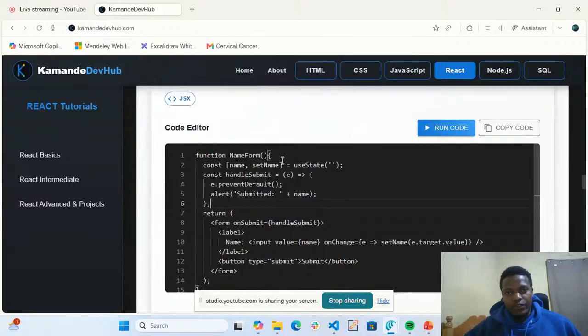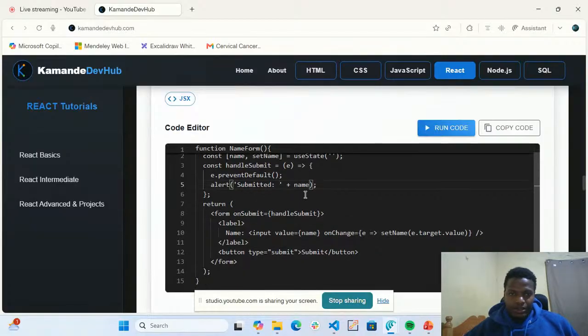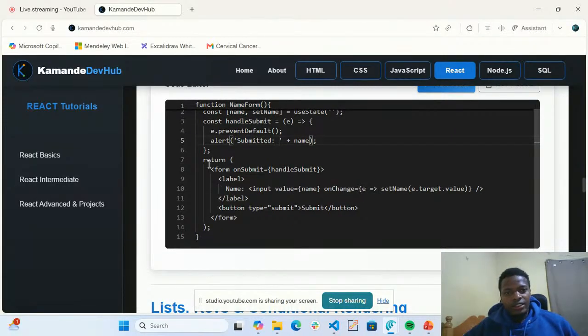For example, the function name Form. Then we have const name, setName, useState with the default value of an empty string. Then we have the function to handle submit. We have const handleSubmit, which is an arrow function. We said we normally preventDefault, which stops some default behavior, maybe a page refresh for a button click or a submission. So we prevent the default behavior, and for this now, our handleSubmit alerts that it is submitted, and then it logs the name or alerts the name that has been submitted. And in it we submit,